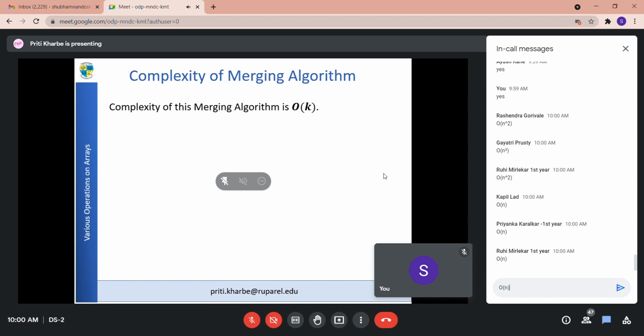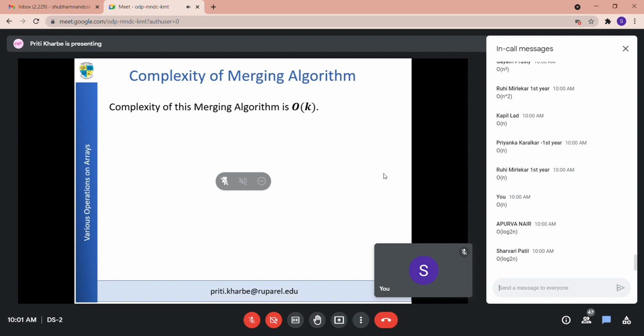And what was the binary search complexity? Log to the base 2 of n. Okay, right answer. And now the third algorithm which we have seen, the complexity of the merging algorithm, that is O of k. Okay, let's move ahead with the next topic, an easier one,